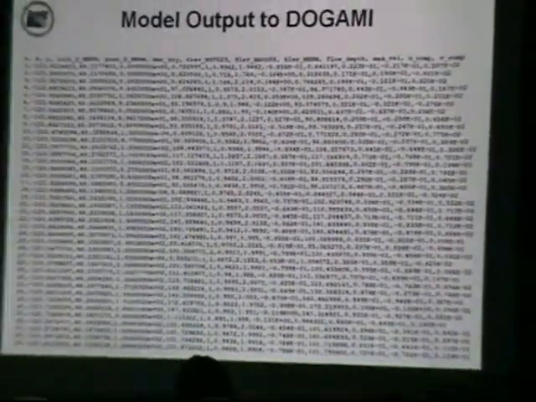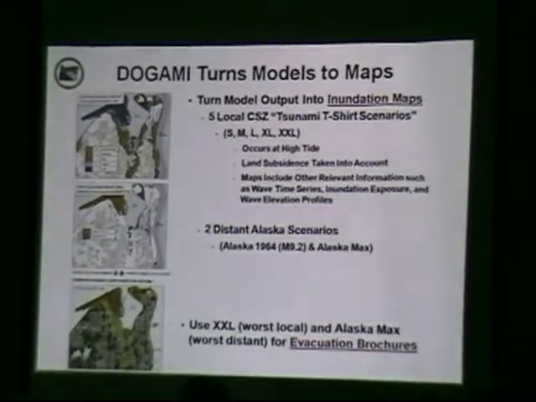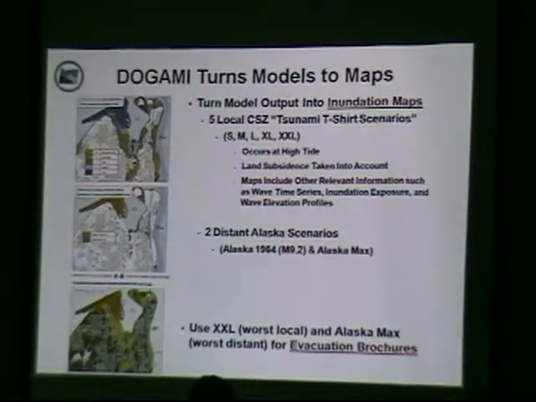So this is what we get to work with. I'm here so you can thank me for saving your eyes from having to stare at this, because this is what the model output looks like. Next slide. They don't want to stare at this very long. So we take that model data and we turn it into maps, because we think people read maps and can understand maps a lot easier.